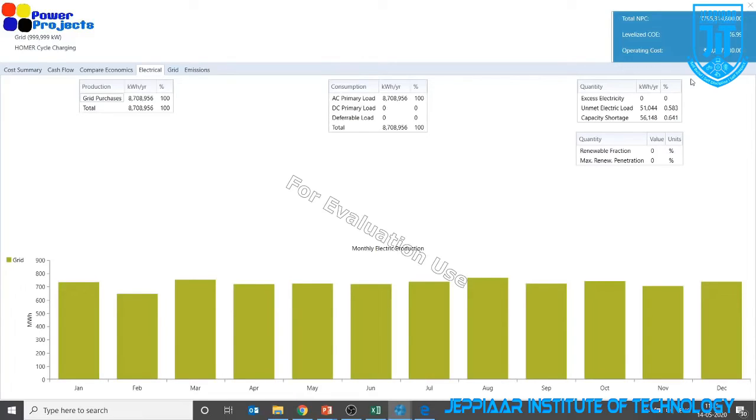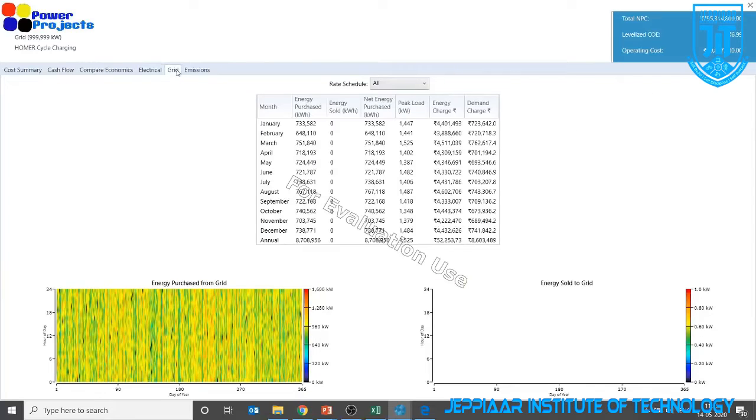Okay. Still your renewable fraction is 0. Maximum renewable fraction is 0, right? You have a demand of 87,60,000 kilowatt hour, but you are not able to meet the entire demand. So that might be visible from the grid. All right. So you are meeting only 87 lakh, and you are unable to meet the additional.